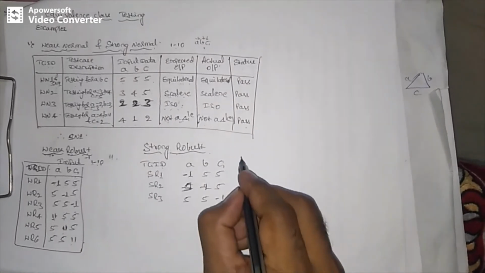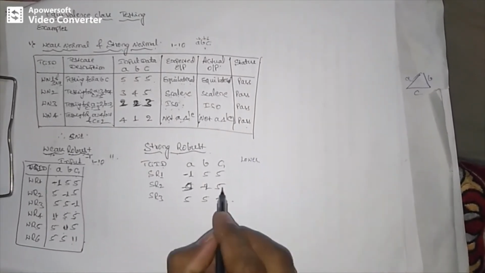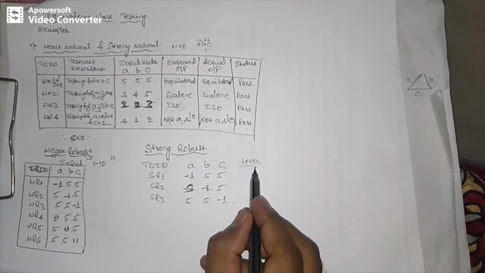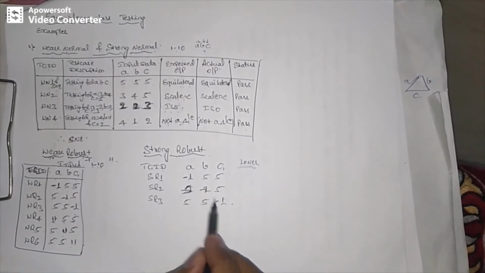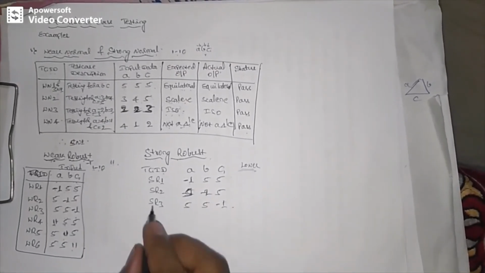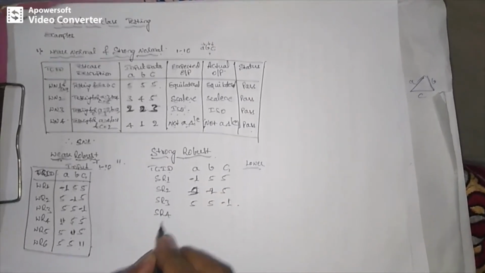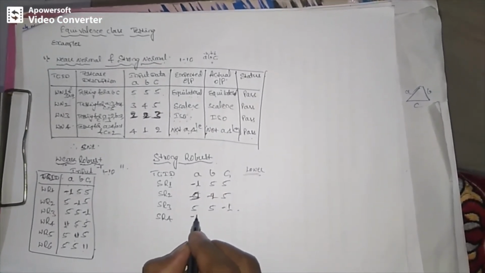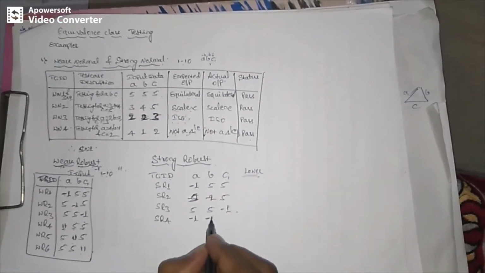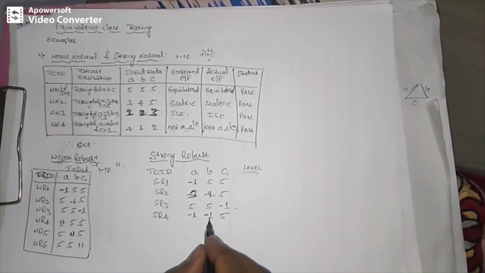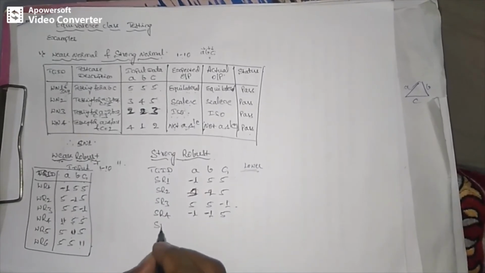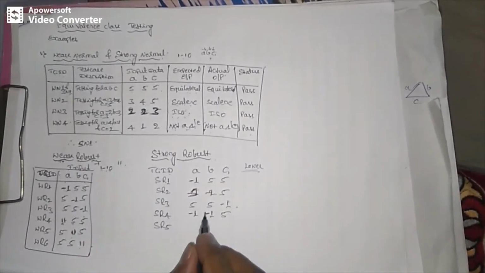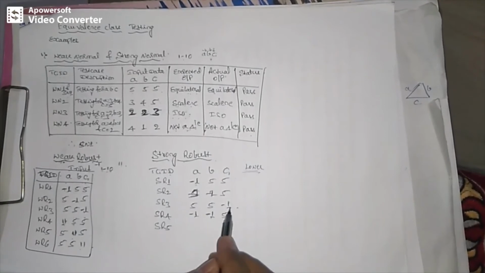Now I am talking about the lower corner of the input domain, meaning I am writing the test cases for the lower corner. -1, -1, -1. The other inputs are nominal inputs. Now SR4 is there. Now I need to think about the multiple fault assumption. Multiple fault assumptions are nothing but we will consider two inputs to be invalid and the other input nominal. So now -1, -1, 5. A and B are invalid, C is valid.